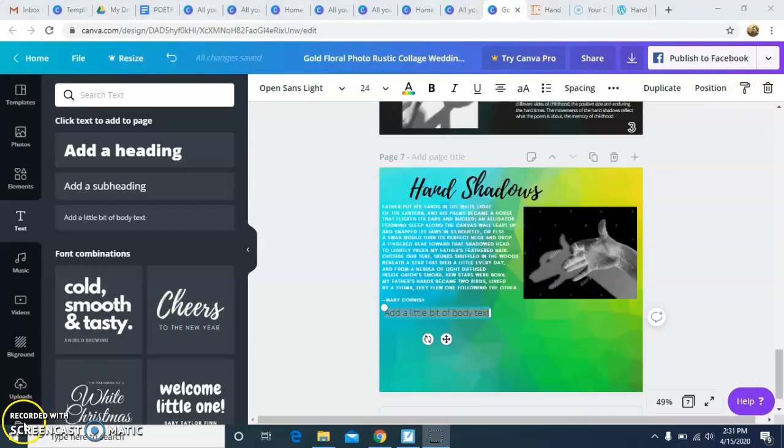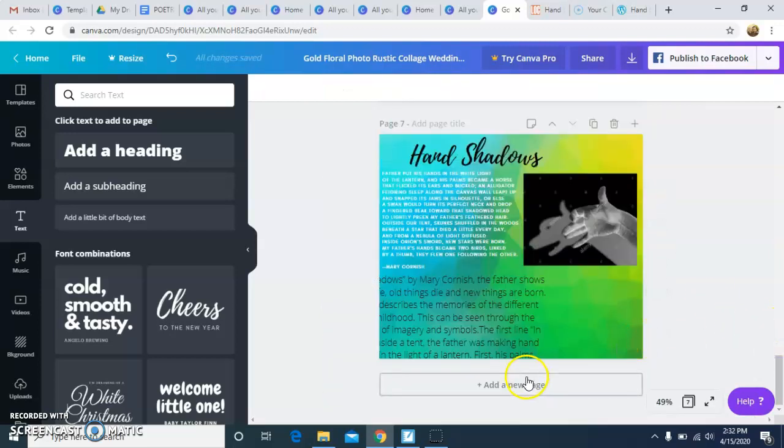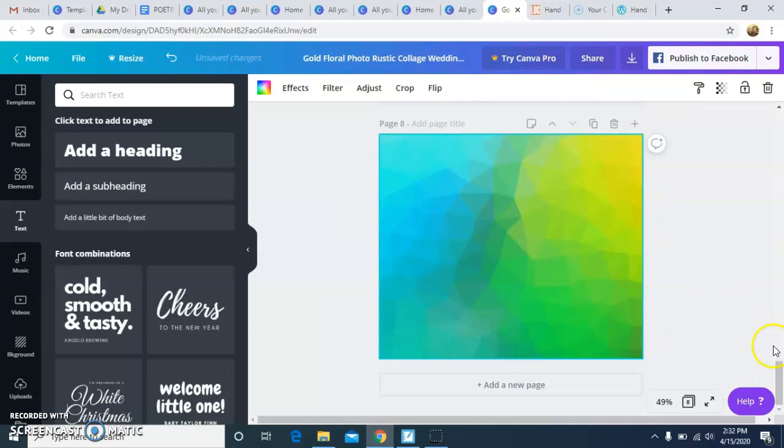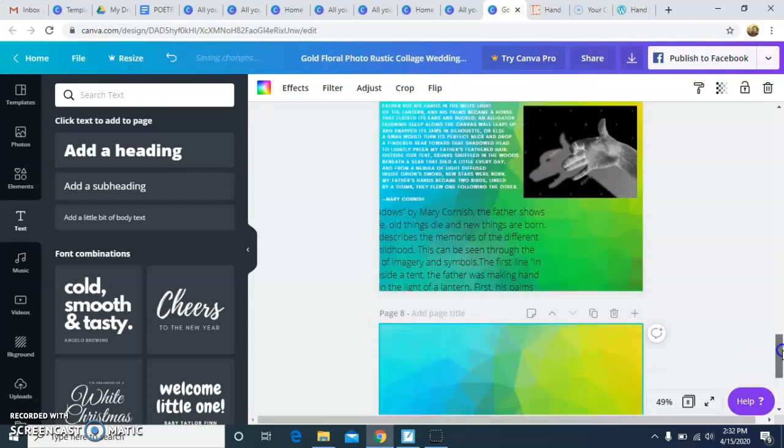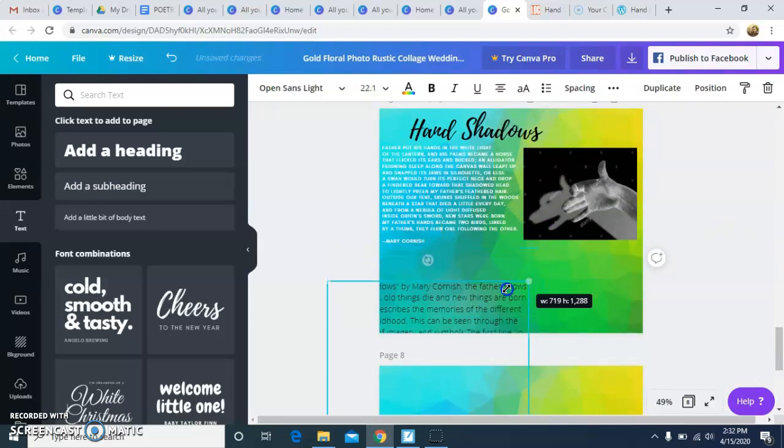Okay, so I've copied what I want to add to my body text here. So again, I select the text box, and then I'm going to hit Control V. That's my keyboard shortcut to paste. So obviously you can see when I do that, what I have copied is here. This gets a little bit tedious, right? I'm not going to lie to you. This gets a little bit tedious,